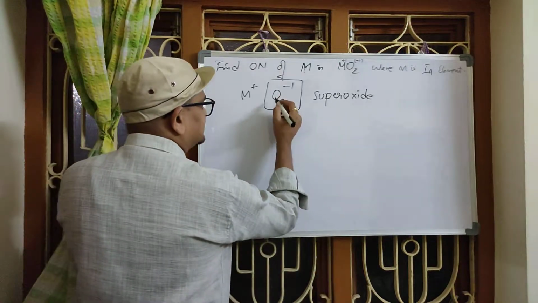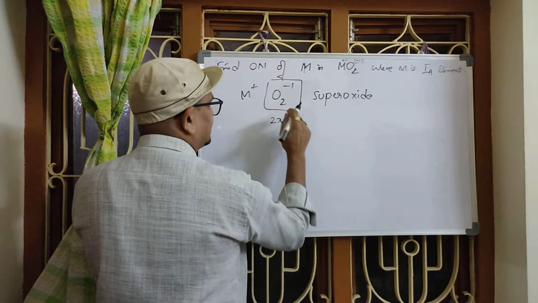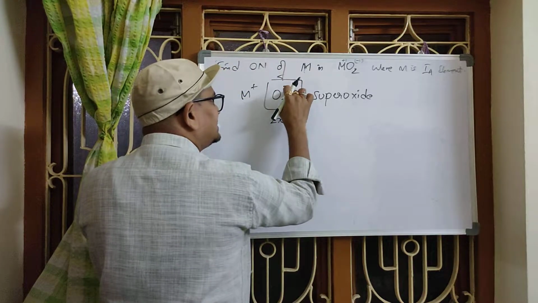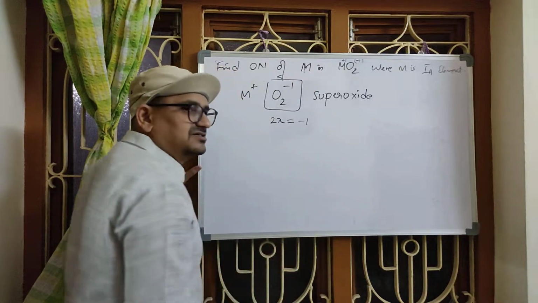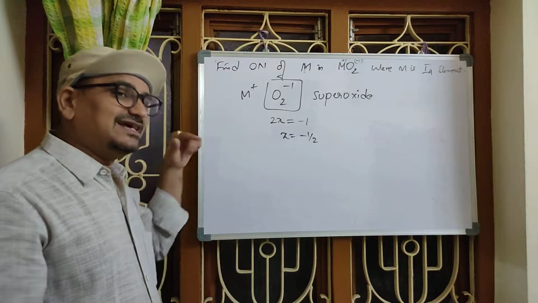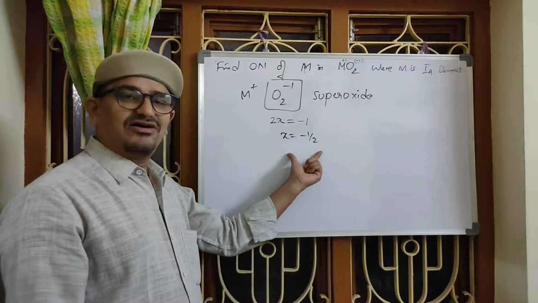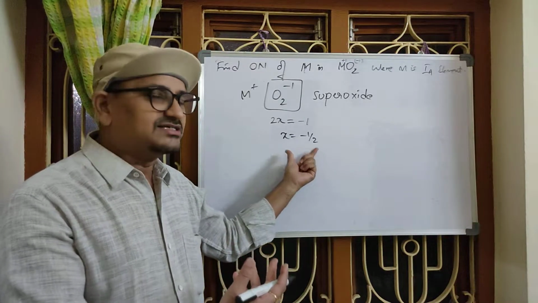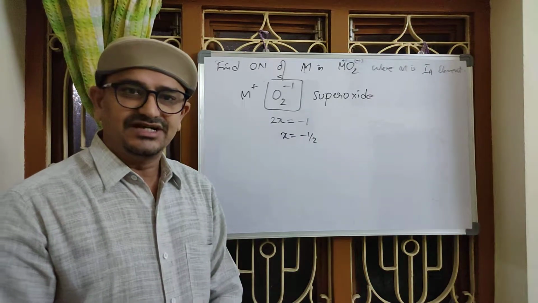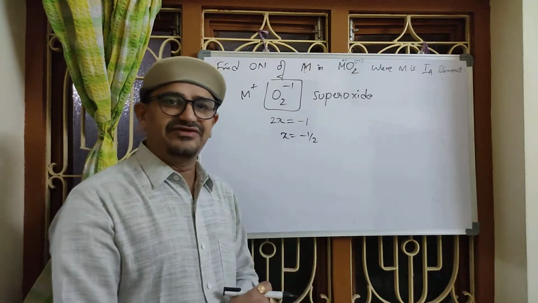Like, let us find the oxidation state of each oxygen. 2X, because each oxygen is X, 2 oxygens are there. 2X equals to, what is the net charge on the species? Now this particular ion is having a charge. Take the charge on the right side. So X equals -1/2. What's the point I had given in the rules? Oxygen in superoxide possesses minus half. See, the same value we got. Oxygen in superoxides possesses minus half. Understood? So this is how we can find the oxidation number or oxidation states of different elements in